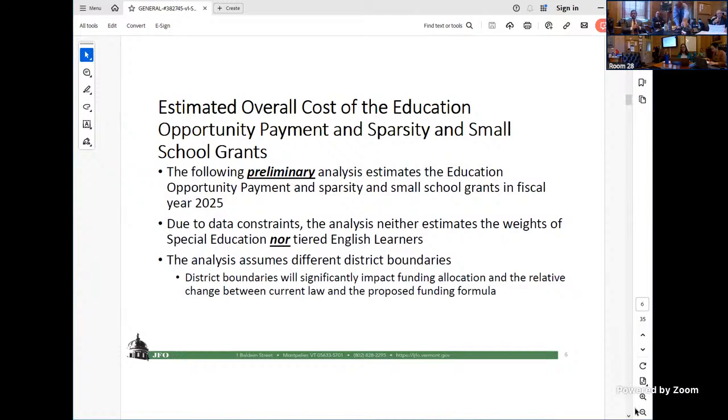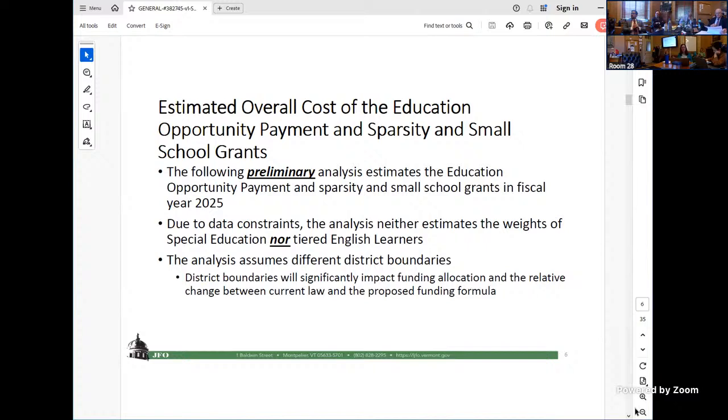So I did include this slide here because I think it's important to hold some of the really big caveats in our mind before looking at analysis. So this preliminary analysis, we're looking at FY25 data, an analysis that reflects that data. We're talking about FY30, perhaps, of the foundation formula kicking in. We know that there will be inflationary changes. We know there will be changes in student demographics. We know there's outstanding district boundaries that have still not been drawn. So I want to emphasize preliminary.